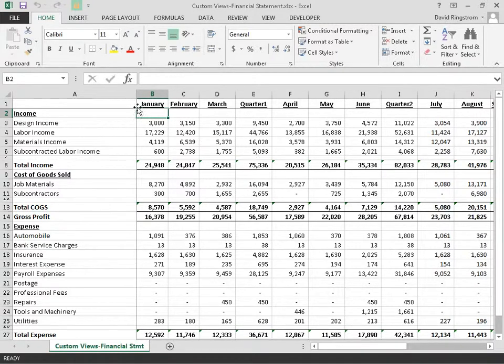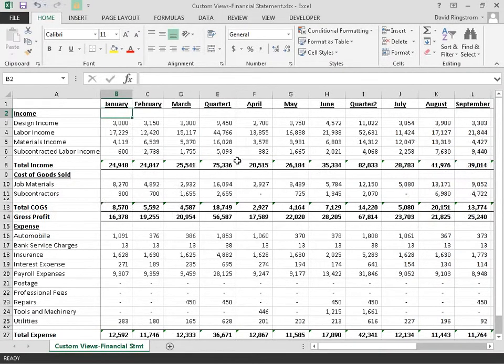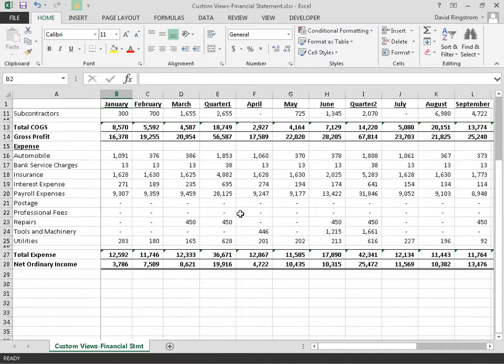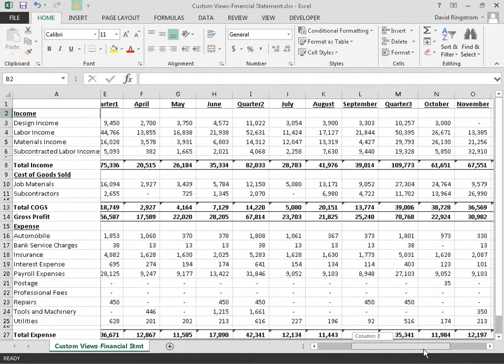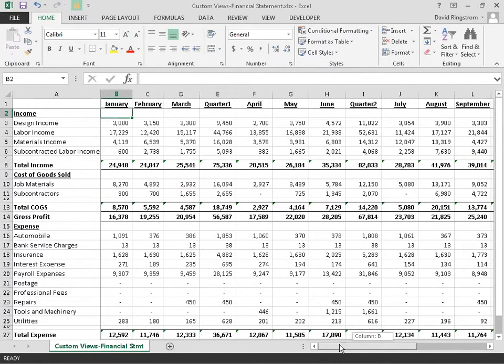So presently what I have is a spreadsheet that has a lot of detail, and so there's a lot of numbers on the screen, kind of hard to make out, everything kind of blurs together. So before I try to chop this down and before I try to add more rows and spin off a